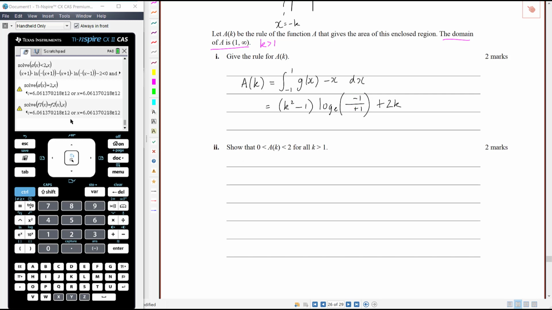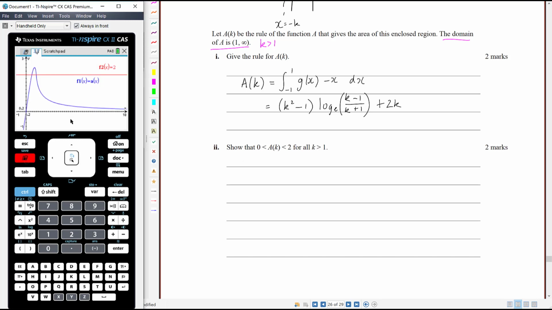Those should be k's. We haven't actually answered that question, right? Okay, if you were to sketch a of k though, what it would look like, if there was a way for us to do it, we can certainly see that it's all less than 2, and so we can definitely see that